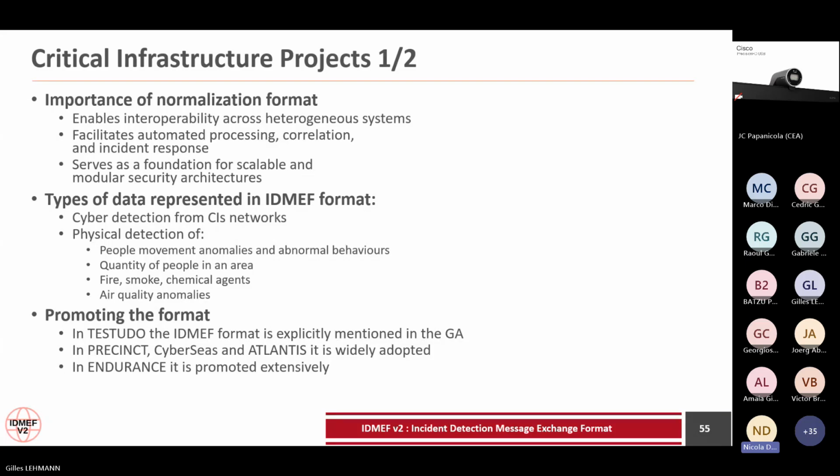What we have seen over the course of these years across the projects is that the format is being promoted, and as mentioned by Gabriele, the fact that IDMEF is explicitly mentioned in the